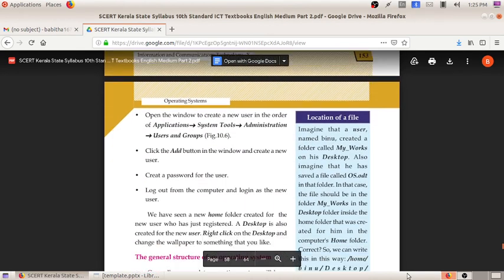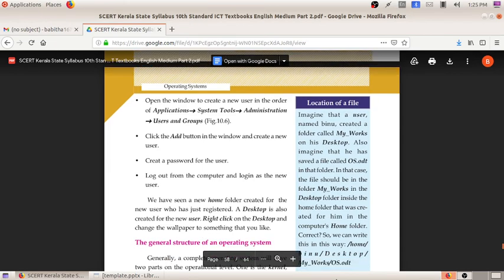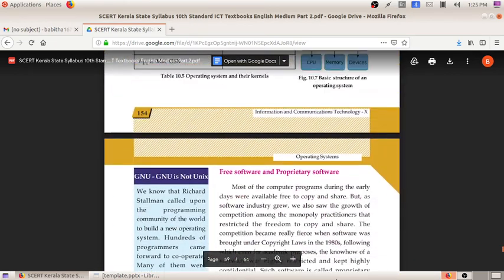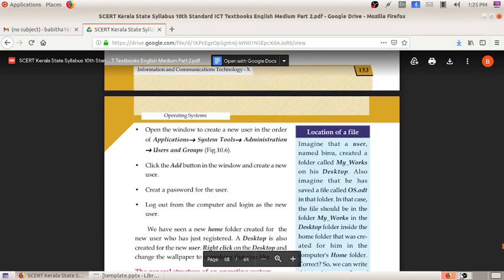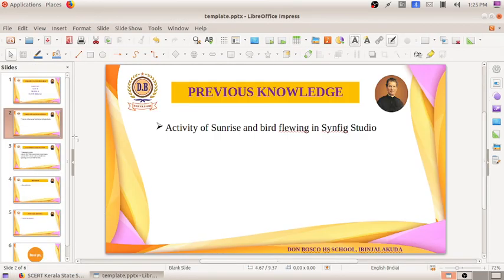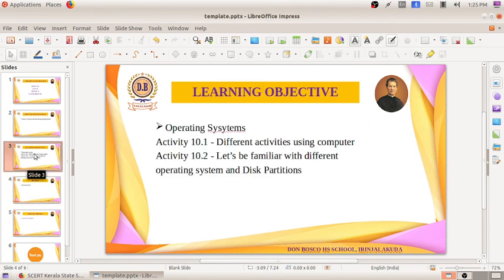Okay, the next activity is creating the user, so we will be discussing that in the next session. I hope you understood this much. We have discussed the different activities we can do using the computer: image editing, video editing, database handling.